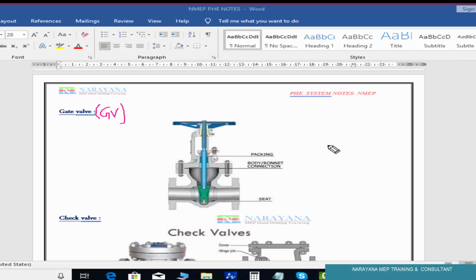For example, where a tank is there, here one pump will be there. More than 150, yes, more than 200, you will also use this.